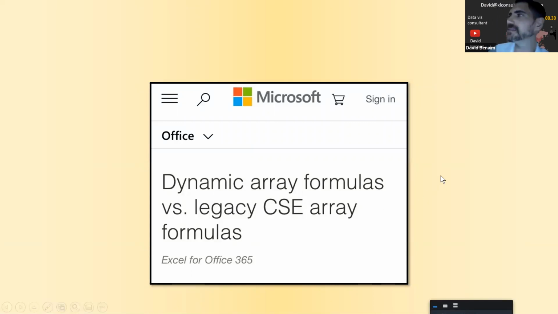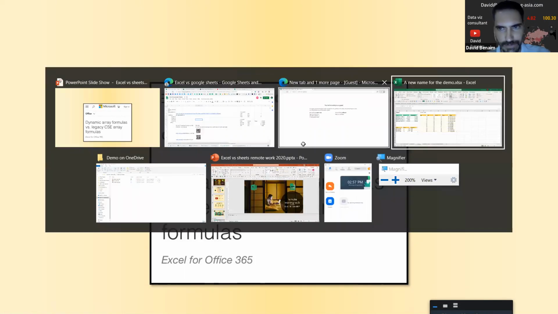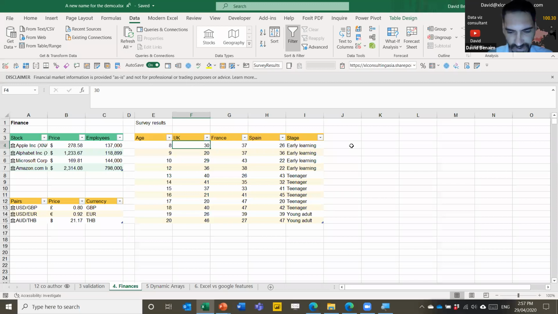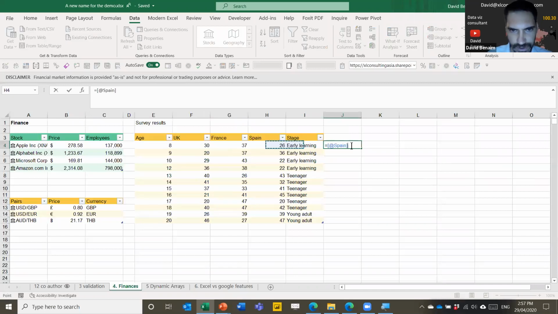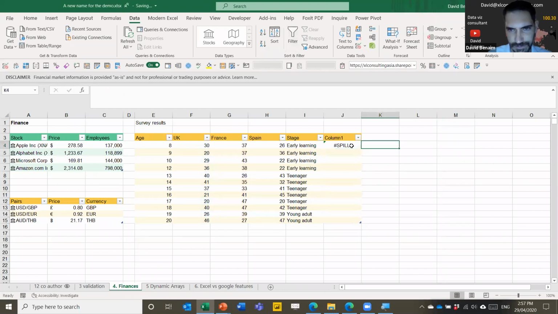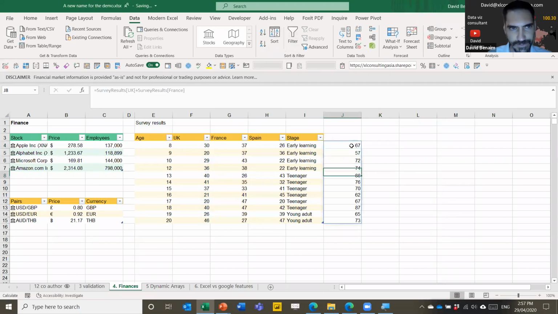But dynamic arrays mean that you can write a formula in one cell and have it work across multiple cells. So for example, I could say here, I want to do equals this entire column plus this entire column. Press enter, and then it will give me all these results in the one column.